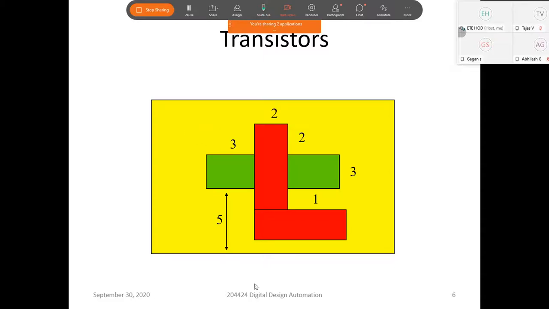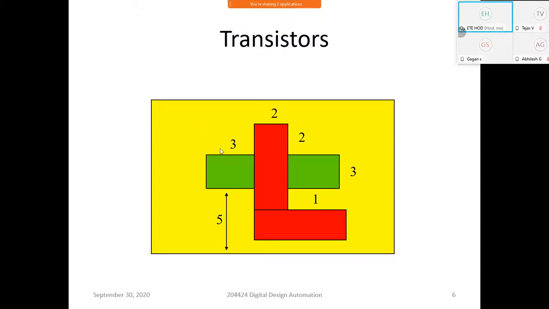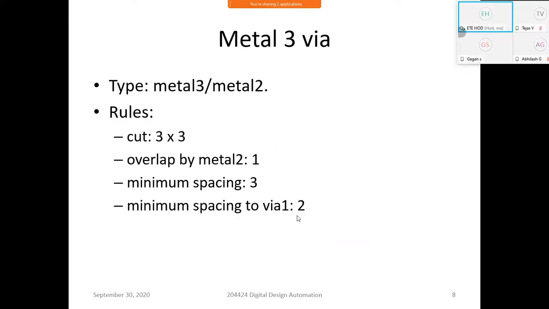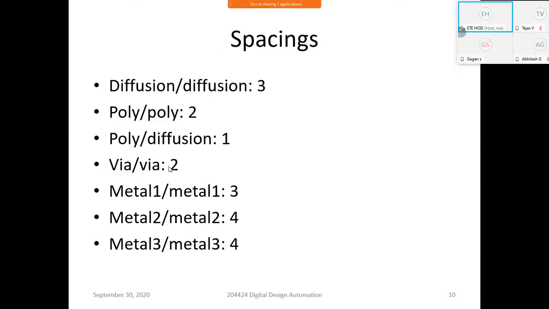Okay, this is basically a transistor formation, source and drain, and you can see there is a polysilicon crossing here. It cannot cross right at the edge itself. It can have a crossing after 1 lambda. Again, same thing. You have a via here, so there should be 2 lambda minimum separation between the two contact cuts. A cut means whatever hole we make in the via, so that from one layer to the other layer you can make the connection. So this is fine. Spacings is done.